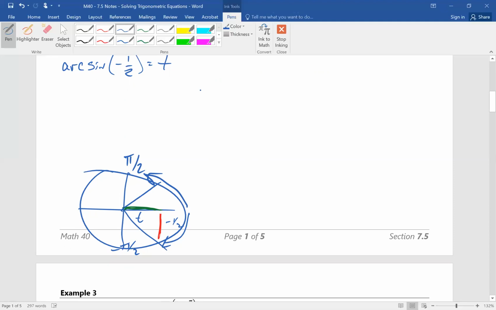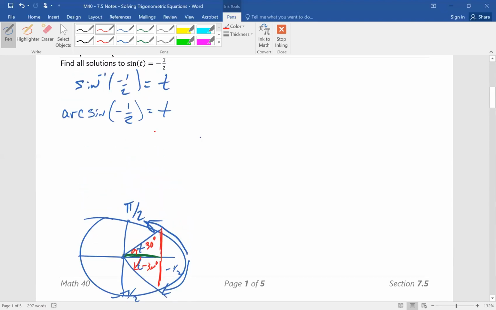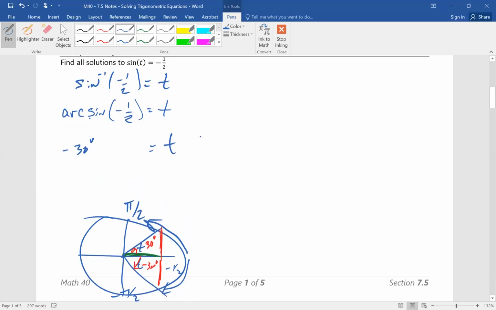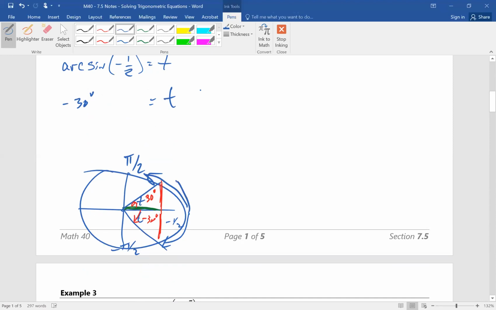And remember, the other angle t that gives you 1/2, if you're looking at your chart, and I'm just going to skip over looking at it, but it should be 30 degrees. So you can go 30 degrees in the positive direction, but really to give you the negative 1/2, your answer for this is t's got to be, and we're only going to do one version today. Let's just do, well, we're doing degrees, so minus 30 degrees. Okay? Now, that's my first answer, but really, as I'm rotating around in the positive direction this way, it's 30 degrees or